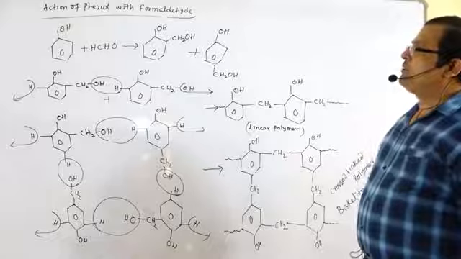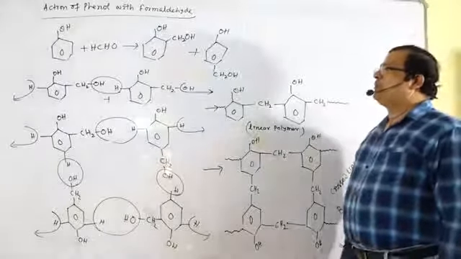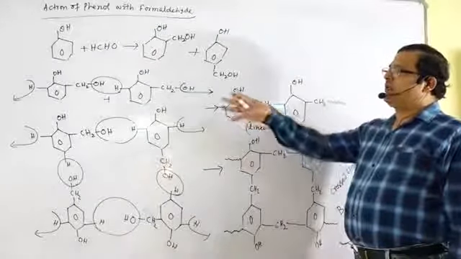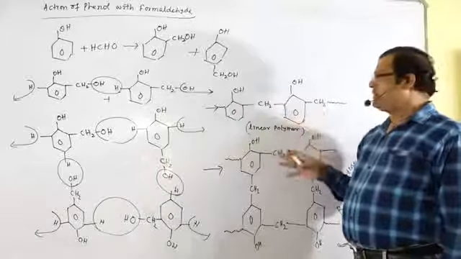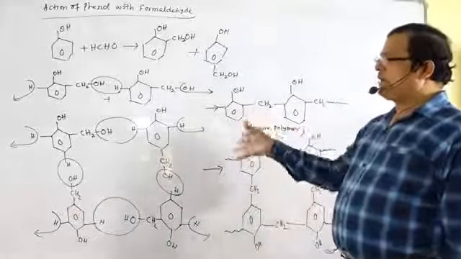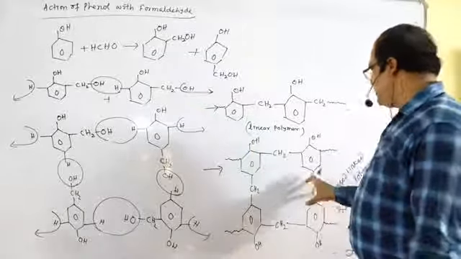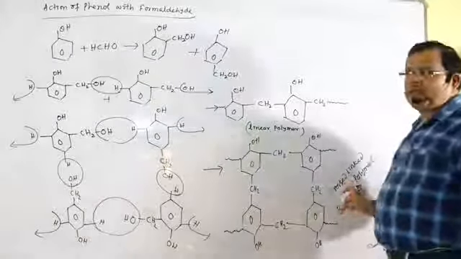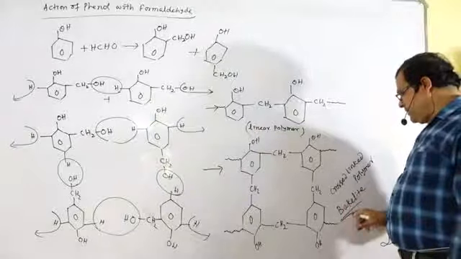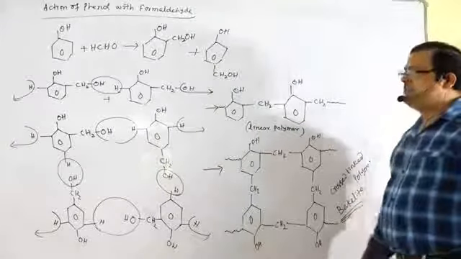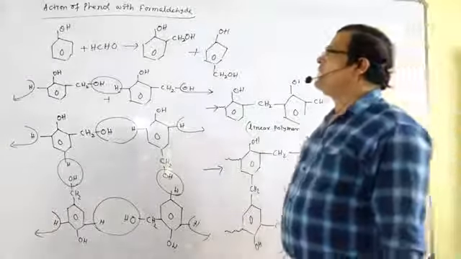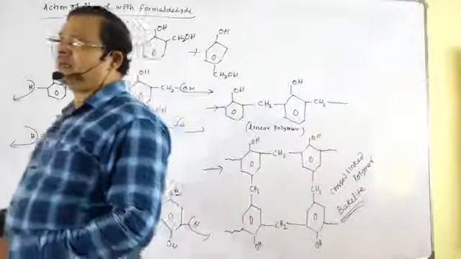So this is the reaction of phenol with formaldehyde to form ortho and para products. Whenever the ortho product gets polymerized, there is the formation of linear polymers, and ortho and para products polymerized together form the cross-linked material known as bakelite. So this is regarding the different uses of phenol.